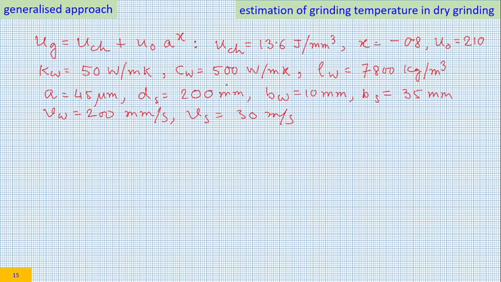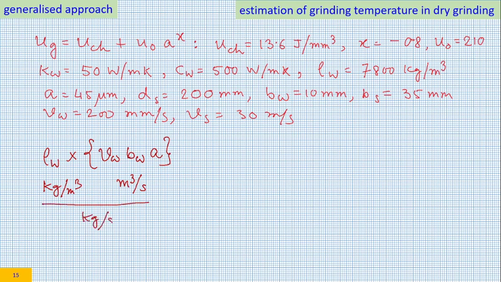So first thing what I am going to write is this particular term. This is the material removal rate, that I am multiplying by this. So this is becoming the material removal rate in weight terms, in mass terms, that I am multiplying with CW and theta MP. What is this theta MP? This theta MP is the melting temperature